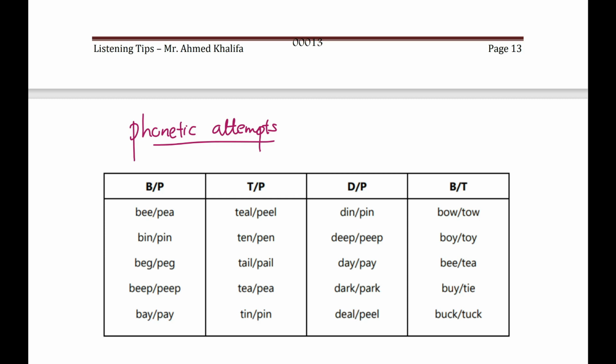Mister, what are you trying to say? I'm saying that some students find it difficult to distinguish between voiced and unvoiced consonants. What do you mean, teacher? What are voiced and unvoiced consonants? Voiced consonants are consonant sounds produced by vibrating the vocal cords. When you find your vocal cords vibrating, then that is called voiced. While unvoiced consonants are produced without any vibration in the vocal cords, of course.